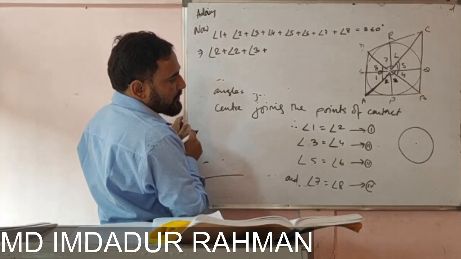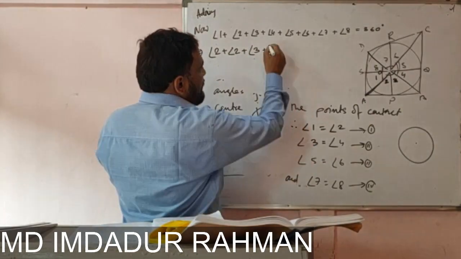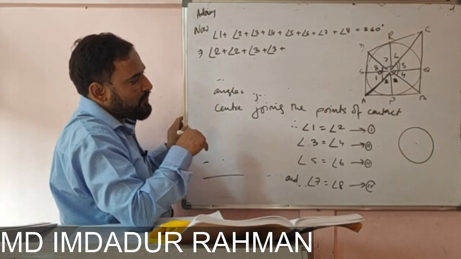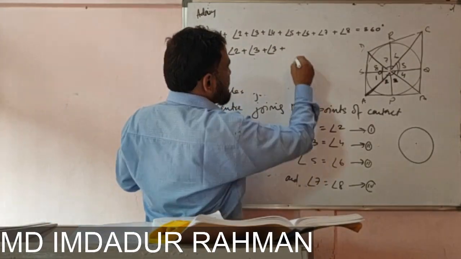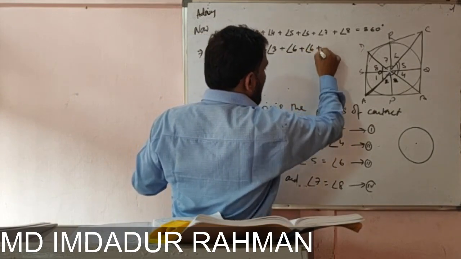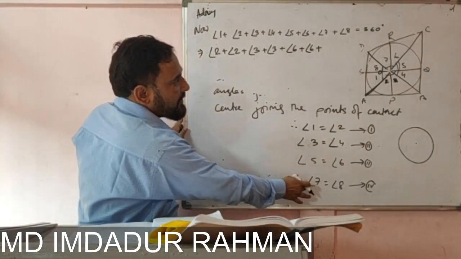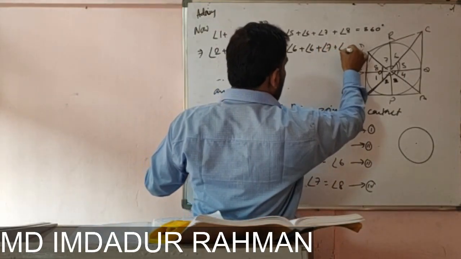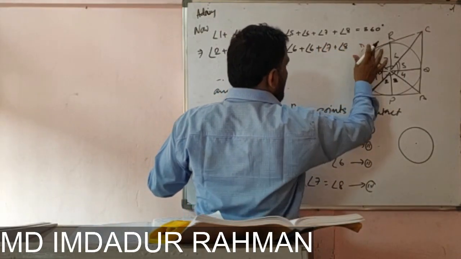So in place of 4 what can we write? 3, plus in place of 5 we can write 6, in place of 6, 6, and in place of 7 we can write 7, and in place of 8 we can write 7 is equal to